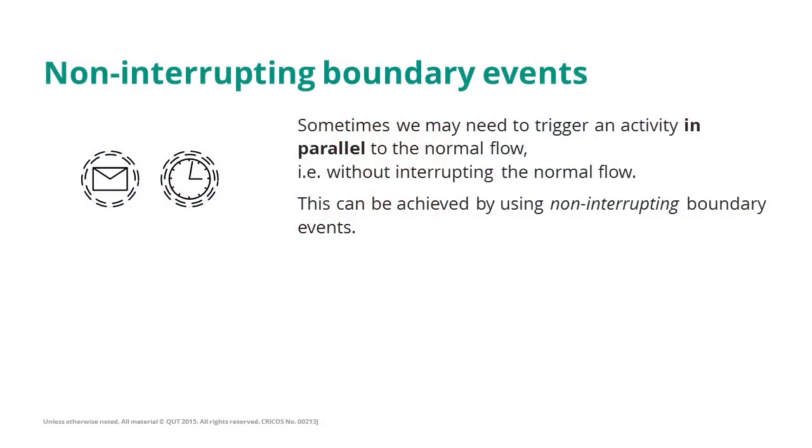It's just that upon completion, when it comes to shipping the goods, we should use the new address that the customer has communicated. We can do that through non-interrupting boundary events. These non-interrupting boundary events, such as the timer or the message events, are represented with a double dashed border. So it's essentially a catching event, but the border is dashed.